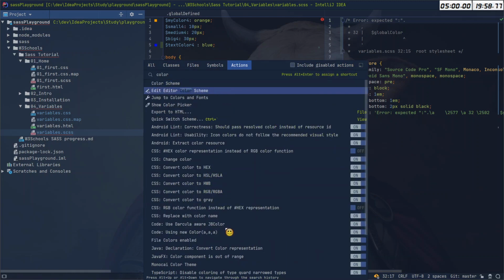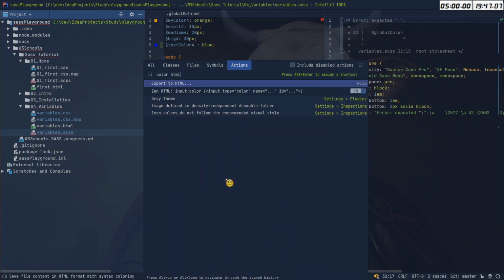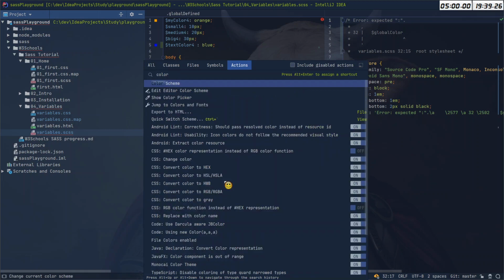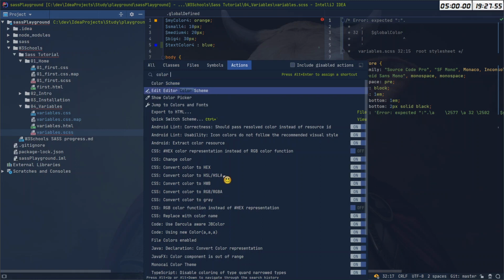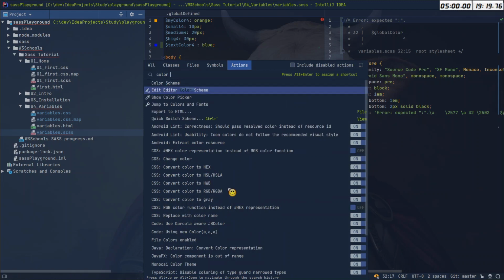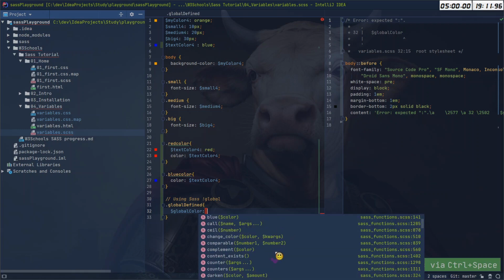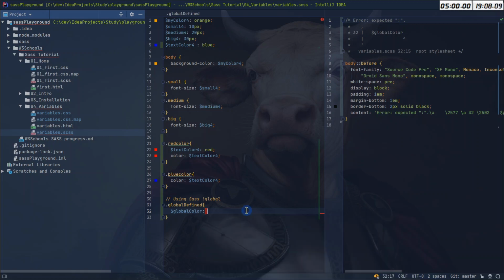Color, show color picker, CSS convert color HTML, gray themes and multicolor. What is that? I would like a color picker, but I would like to have a color like a name. CSS, like this is something which is turned. This is, well, whatever. I don't know. So, what about, okay, so this is not too helpful, so I have to say, so it will be lavender,